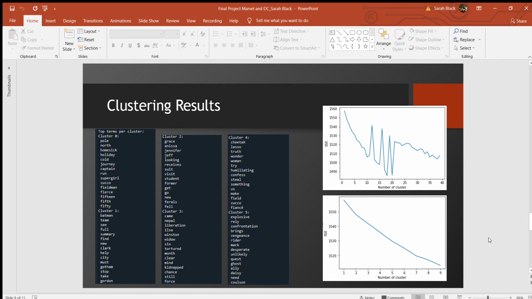When I first chose 10 clusters, here's sort of an overview of what the clusters looked like, as well as the first plot looking at the first 30 clusters and that sum of square error. Then once I realized that we sort of lost that consistency and it was hard to tell where that elbow kind of elbows off, for lack of a better term, I decided to reduce our sum of square error to just look at everything before the first 10. And you see it's more of a smooth curve down here.